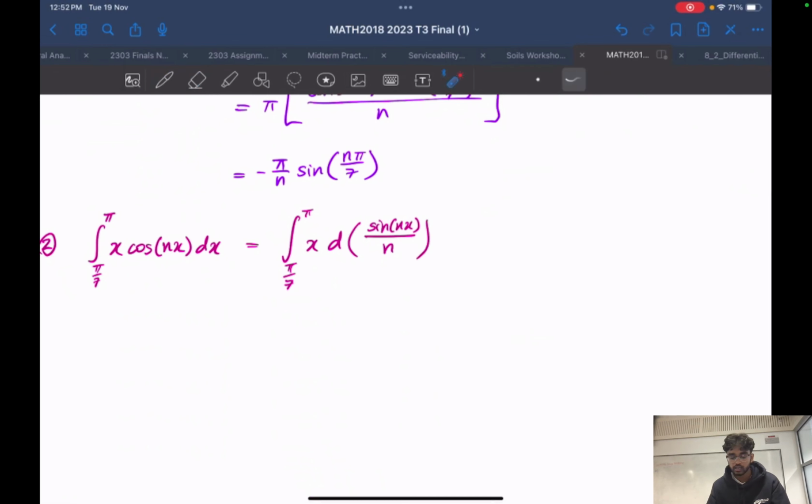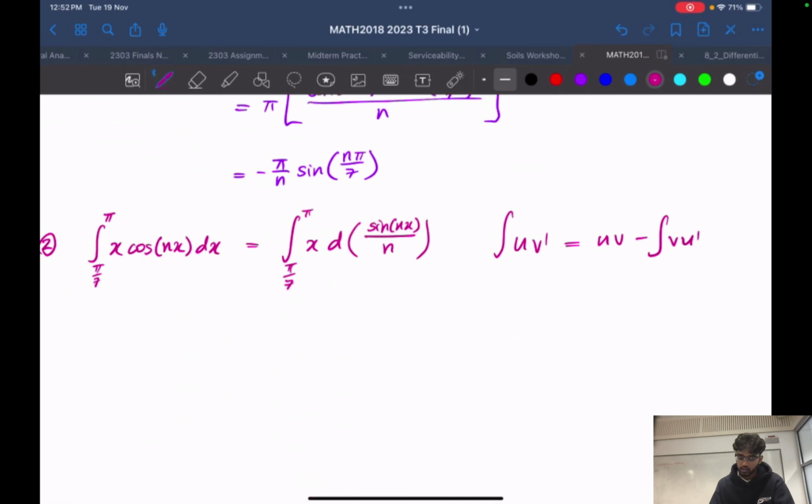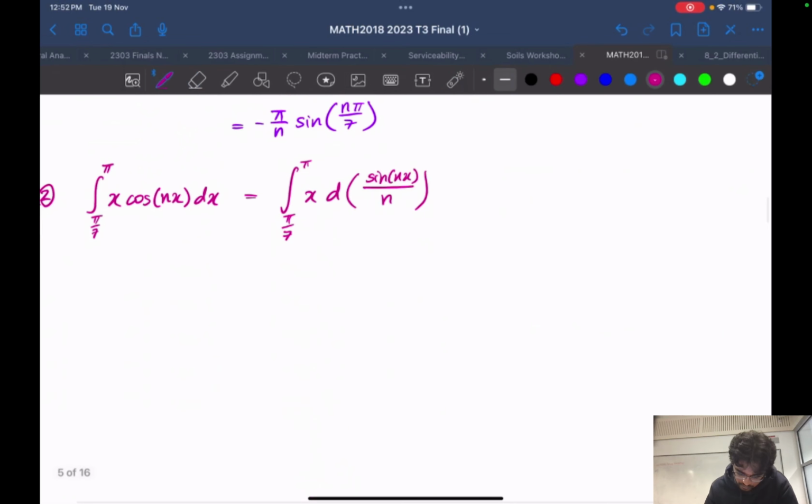So pretty much what I'm saying is that when we differentiate this function with respect to x, you end up getting cos nx, right? And this is in the form of u v dash, which is what we're doing by parts, and you get u v minus v u dash. Yeah. So I'll quickly show you. I'm just going to plug it in. So you get x sine nx all over n